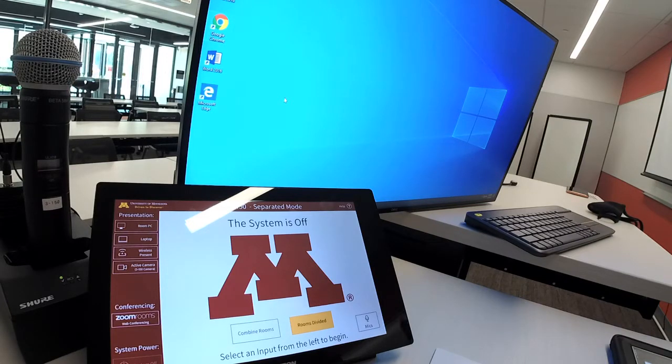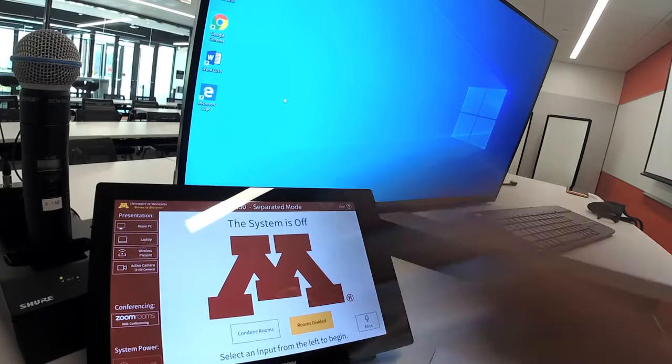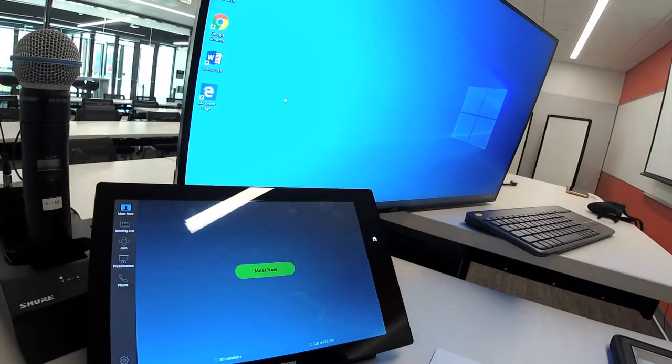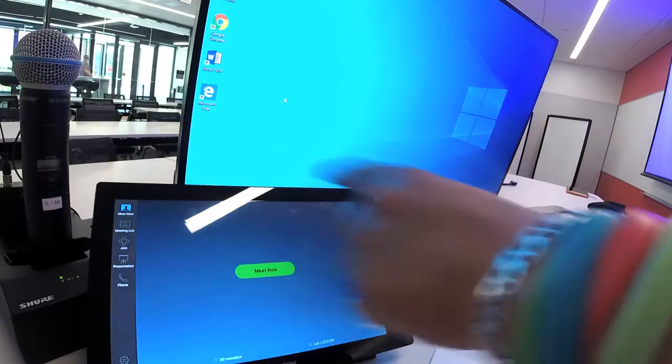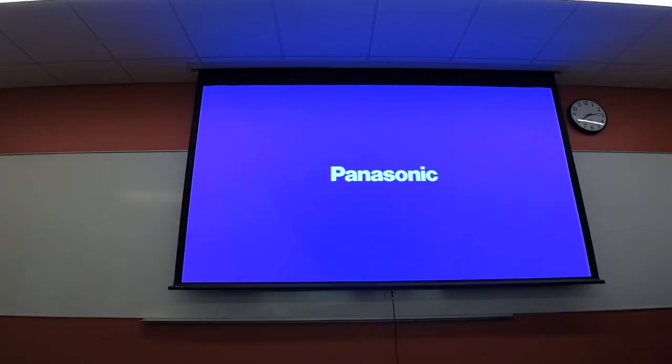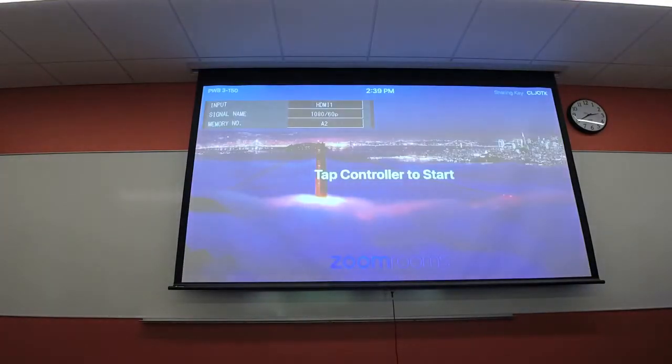So right now we are in PWB 3150. It's one of the quads in our ALC number 4 skills classrooms. At the touch panel here, you would touch Zoom room, and that would start the system on. And what's happening here right now is you'll see that the touch panel has gone into Zoom mode, and if we go to the projector, you're going to see that the projector has turned on and it is now also